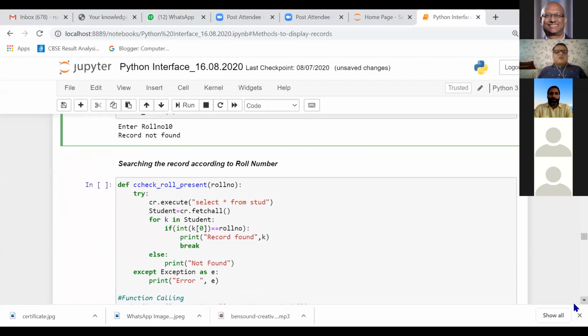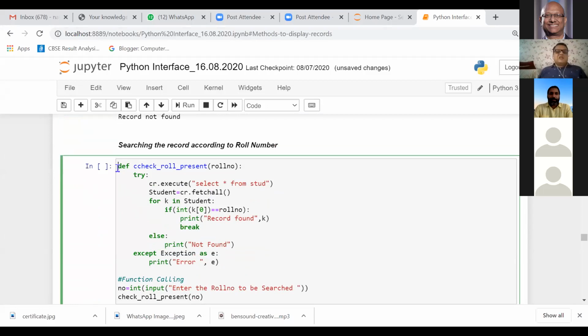Searching the record by roll number by linear search technique, wherein I am fetching the complete record set and comparing each record with a value.